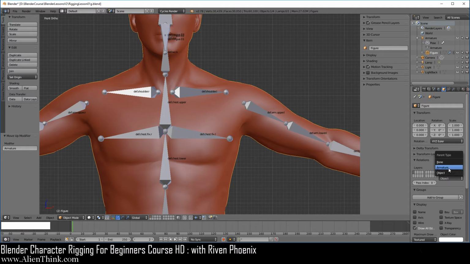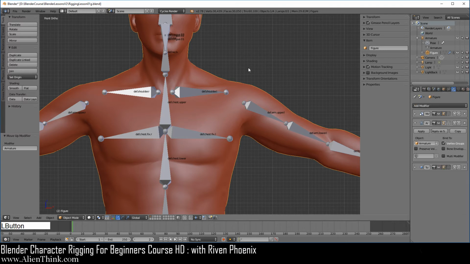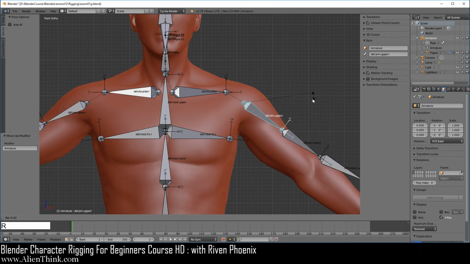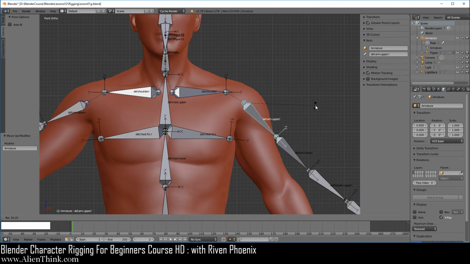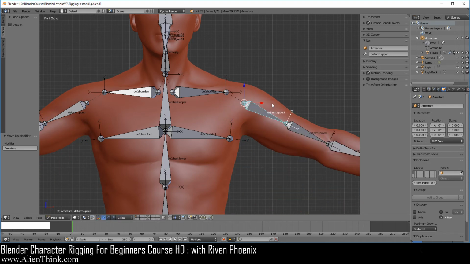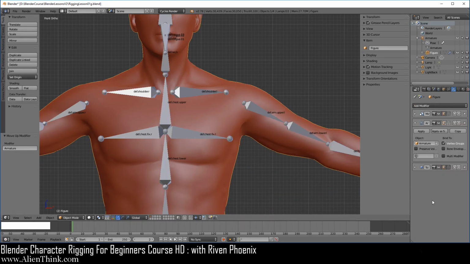Basically this is just like the armature modifier, and it exclusively works with vertex groups. So if you click on this and go to the modifiers tab over here, click on this bone, make sure in pose mode, when you press the R key to rotate, you'll see that it's actually moving faster than wherever the bone is moving. This is because two armature modifiers are working, the internal one and this external one.